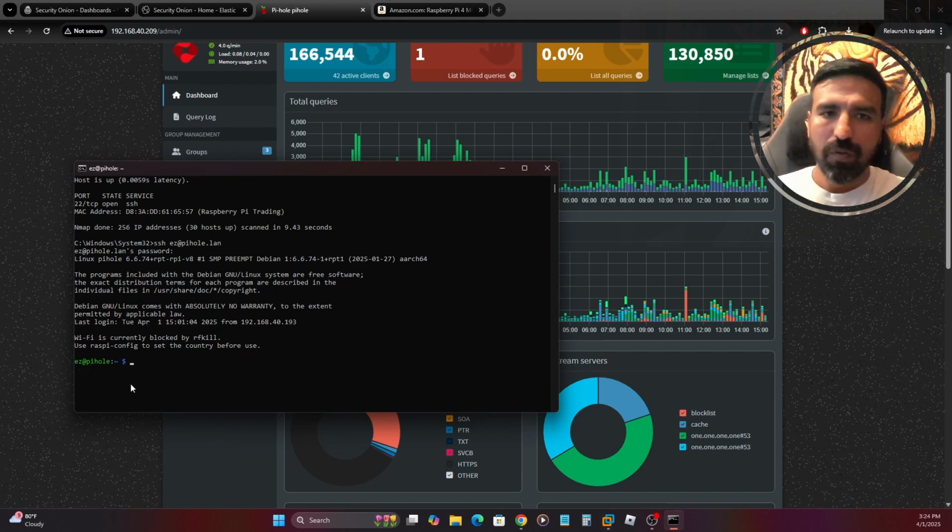So once you're in, you'd have to find where that log or where that database is and create a script that converts that database into a log file that Security Onion can use. I've already done this,